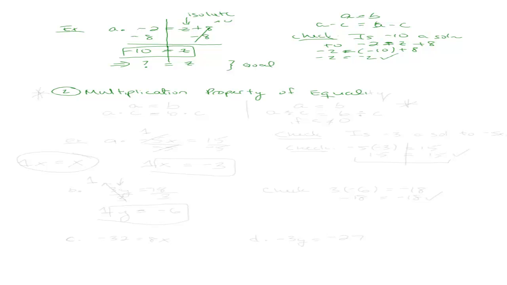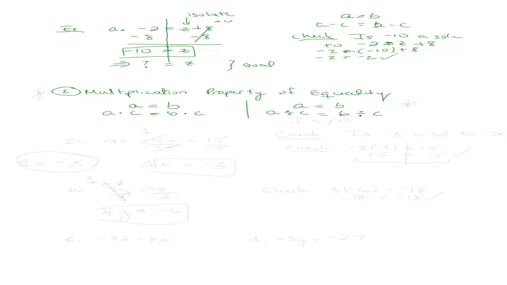The addition property of equality relates to the multiplication property of equality in the following way. If I have two sides of an equation that are the same, sides A and B, left and right, I can multiply both sides by the same amount C, and both sides are still going to be the same. My equation is still going to be true. The same is true of dividing both sides. If I have both sides that are the same, and I decide to divide both sides by the same number C,